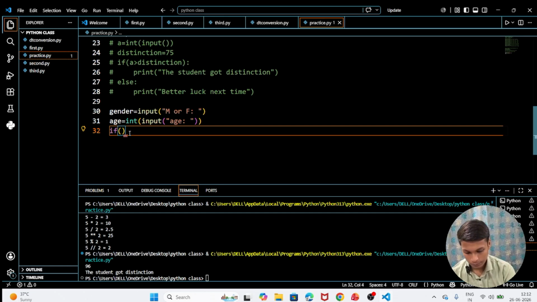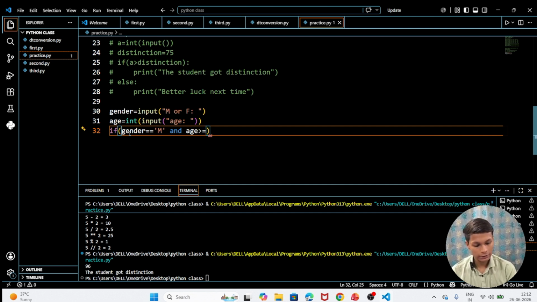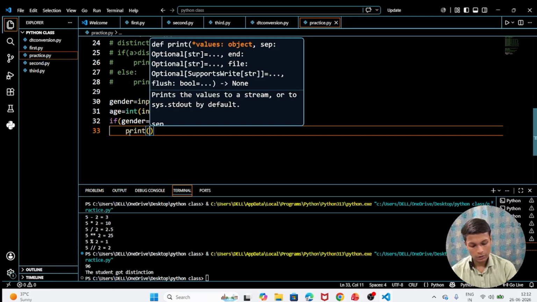If gender is equal to m, and what and will do, and will perform when both conditions are true, it will give you true. Okay, if gender is male and age is greater than equal to 50, so what we have to do, we have to print the result,